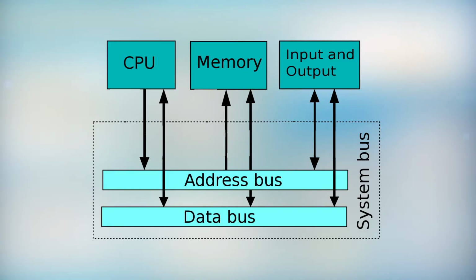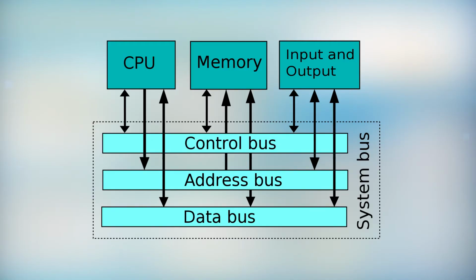Then there is the control bus. The control bus is used to control the flow of data, that is, to read or write the data from the memory. At a given point of time, only one device, either a register or ALU or memory or some other component, may use the bus. Therefore, the speed of the bus is affected by its length as well as the number of devices sharing it.